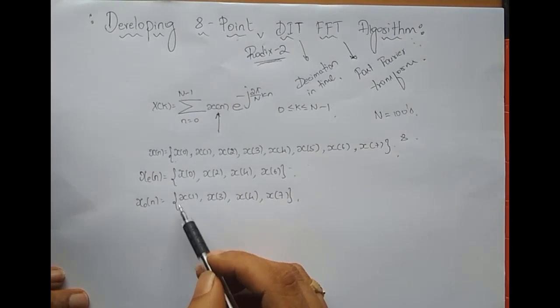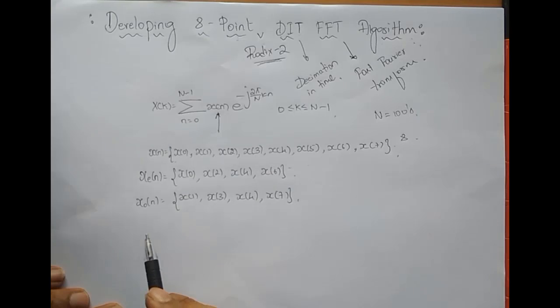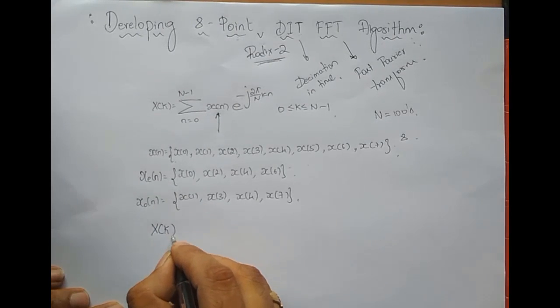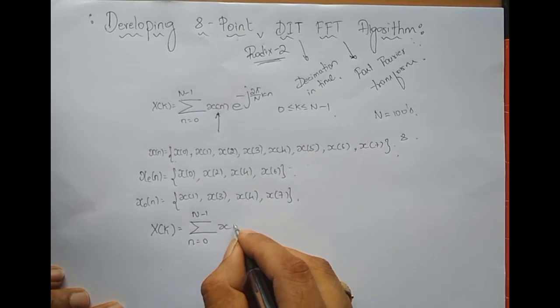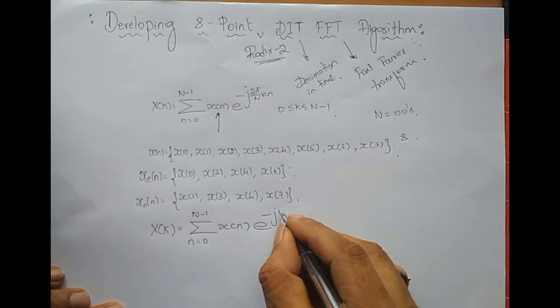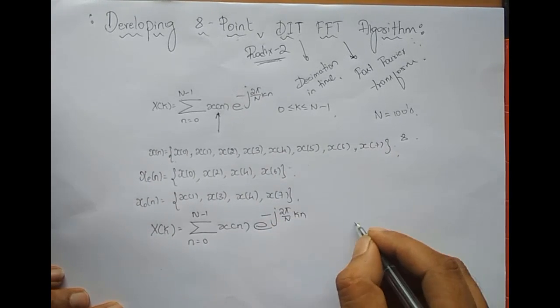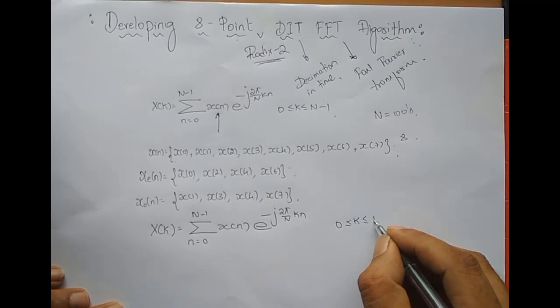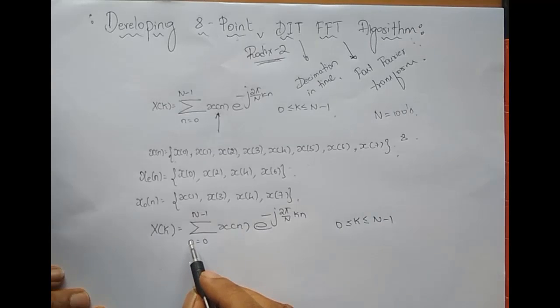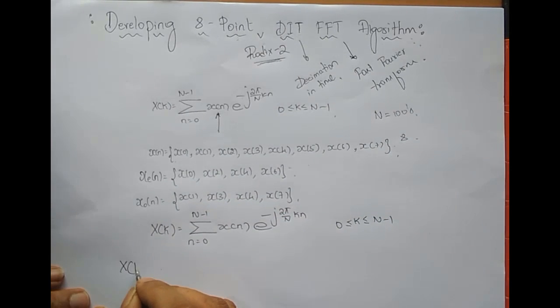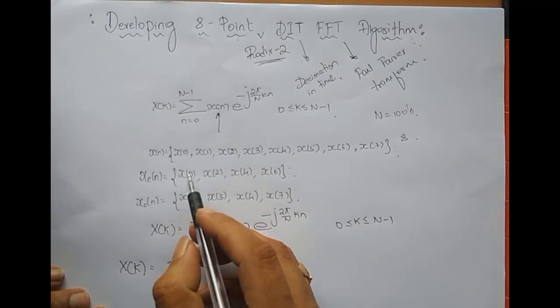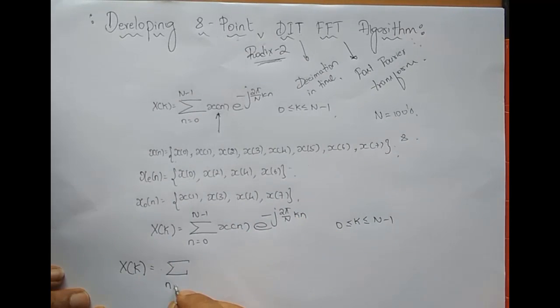So how do we represent this in terms of the DFT equation? We'll see that. X of k is summation n varying from 0 to N minus 1 x of n e power minus j 2 pi by N into kn, where k is varying from 0 to N minus 1. Now I'm going to decimate this equation according to the even sequence and odd sequence. How do we do that? X of k equals the even sequence summation n. The even sequence starts from 0 and ends at 6, so n varying from 0 to